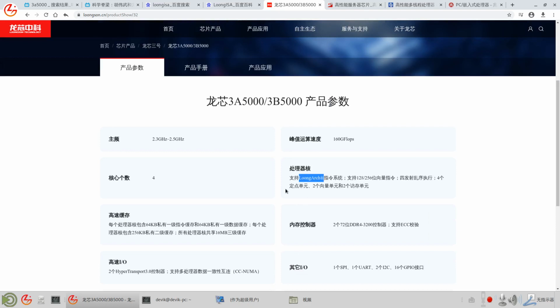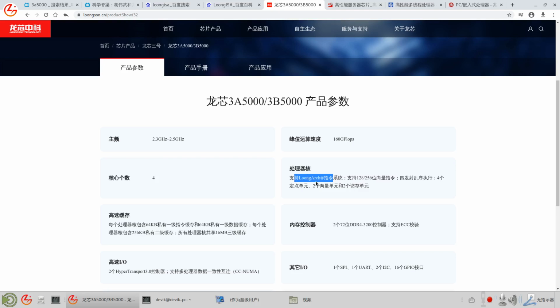For future CPUs they use LoongArch because they worry about sanctions from the United States. So they totally gave up MIPS and LoongISA compatible with MIPS. So no more MIPS. I'm happy about it because it's totally 100% Chinese homegrown, self-made CPU.